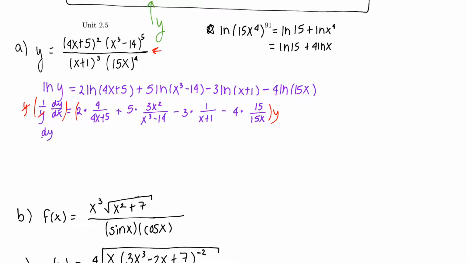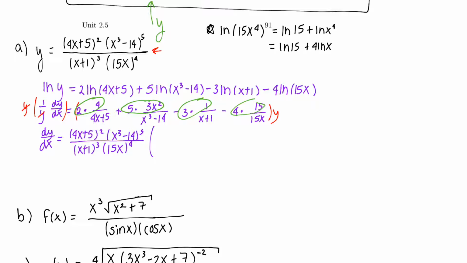You're going to get dy/dx is equal to the original y, which is (4x+5)^2 times (x^3-14)^5 over (x+1)^3 times 15x^4, times, and now here's the thing I like to do, because you can combine these numerators together because they're being multiplied. So I'm just going to multiply those. So we have 8 over 4x+5 plus 15x^2 over x^3-14